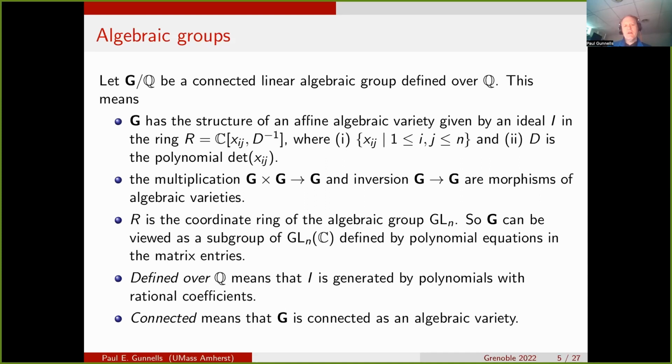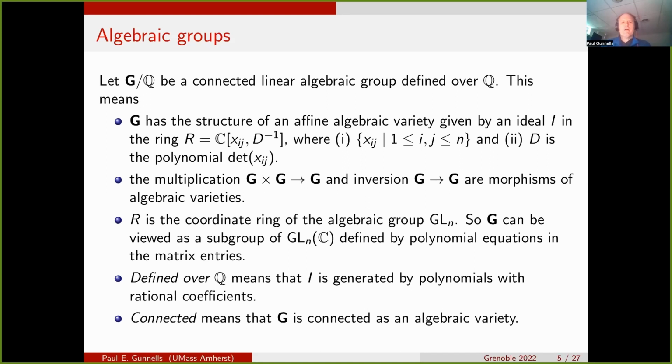So the polynomial ring has variables given by indeterminates x_ij, which you just think about as being entries of an indeterminate n by n matrix, and also another variable d. So d is, take the polynomial, the determinant in this indeterminate matrix, and then invert it. If we omitted this d inverse, we would just have the polynomial ring of the space of matrices in some sense. But we want to make sure that we have invertible things, so we add this extra variable, this inverse.